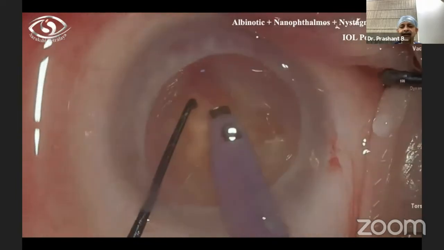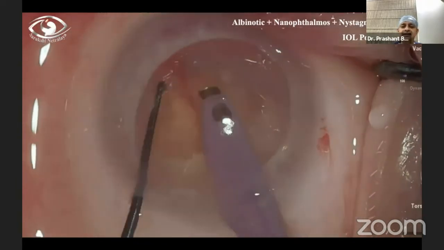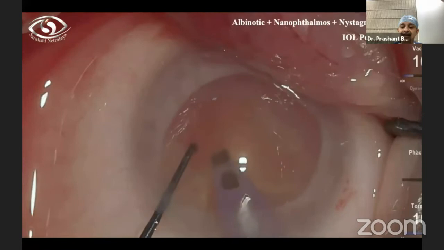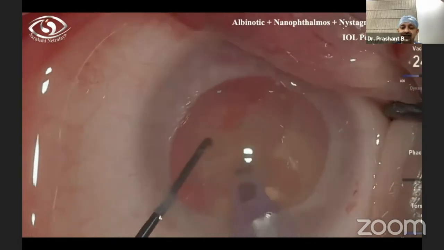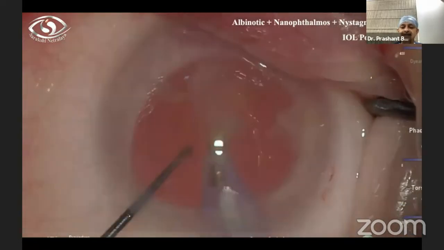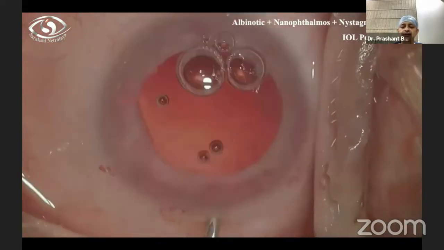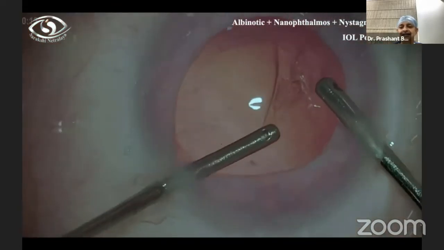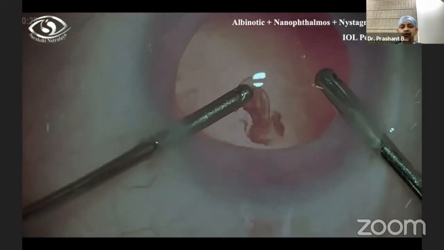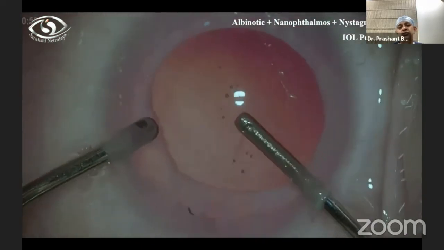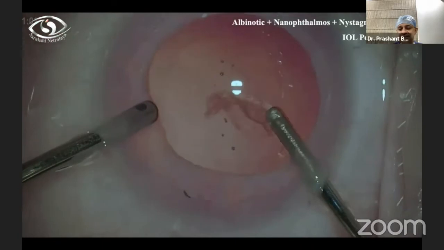The other thing in a case of an albinotic eye is that the red color gets magnified and it bites your eyes. So you have to use a filter, as I'm using a red-free filter while doing an albinotic eye. Whenever there is red, it gets exaggerated in a digital image. So using a filter like this helps you in toning down that exaggerated red.